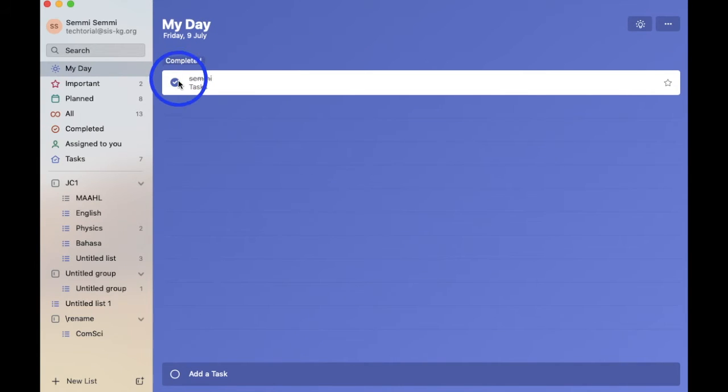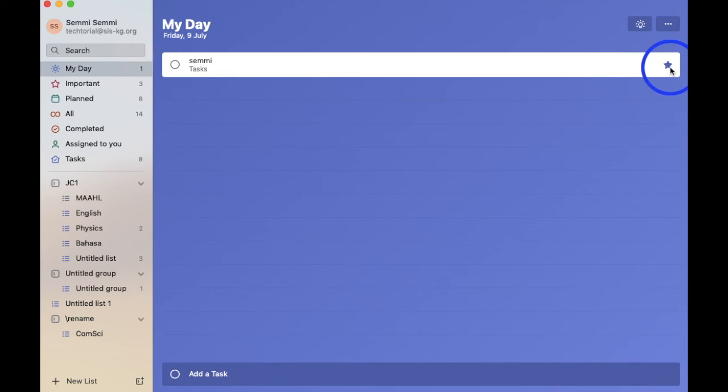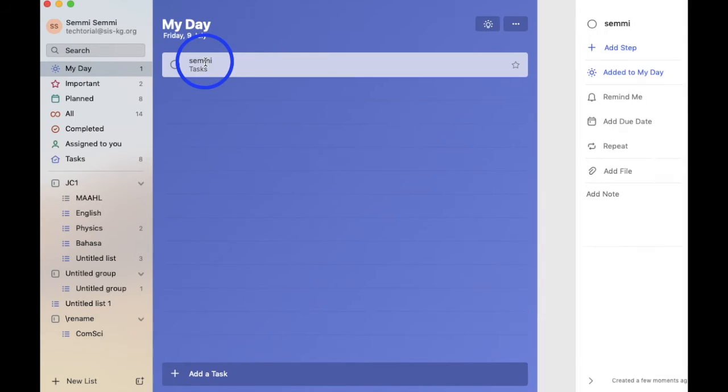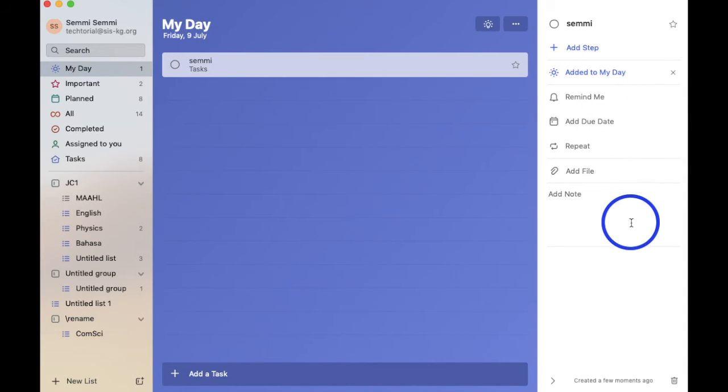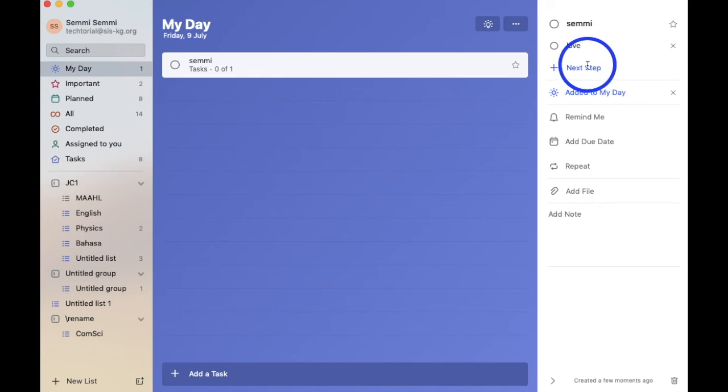Clicking this circle will mark your task as completed, while the star marks it as important. To edit the task, simply select it and these features will appear. Here, you can rename the task, mark the task as important, add or remove steps, which are basically subtasks, complete the task and subtask by clicking on the circles beside them, add the task to the My Day Smart List,